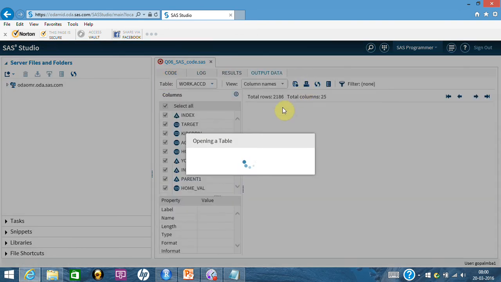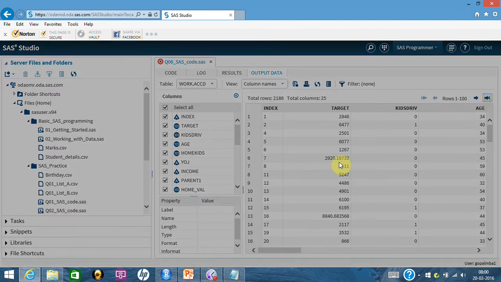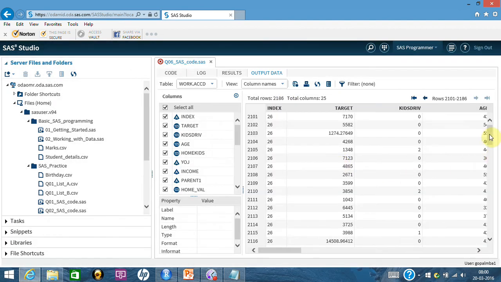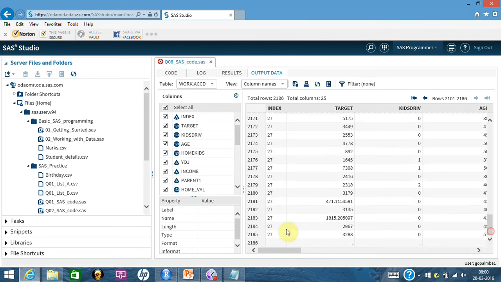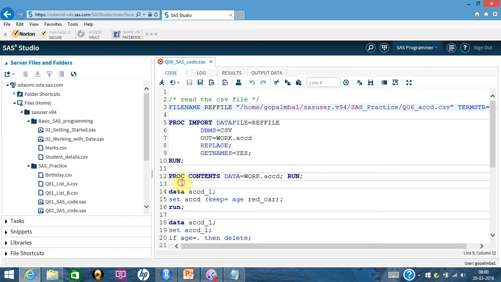You have got 2186 rows. If you think of it, we should have got 2185, and it's all because at the end in SAS Online you get some blank rows, which is typically just of the SAS Online version. In other packages, like PC SAS or SAS EG, you don't get this kind of problem. But that problem is not going to hurt us anyway, and we will solve it.